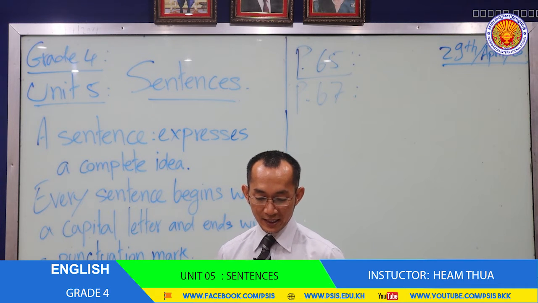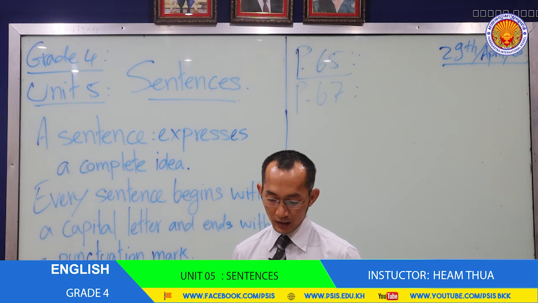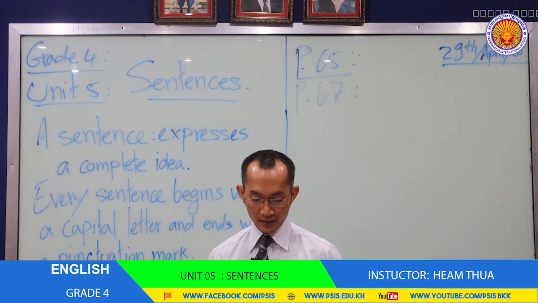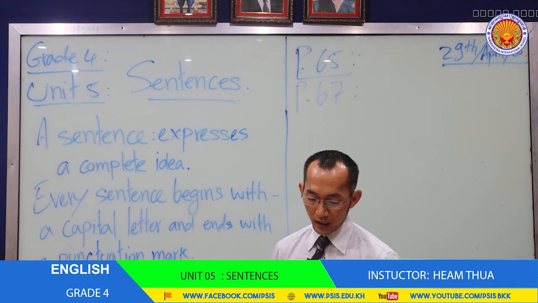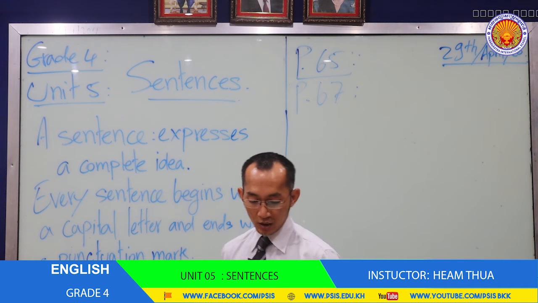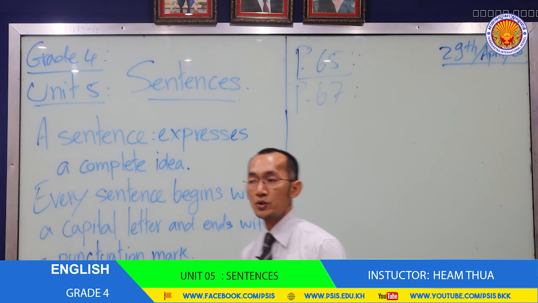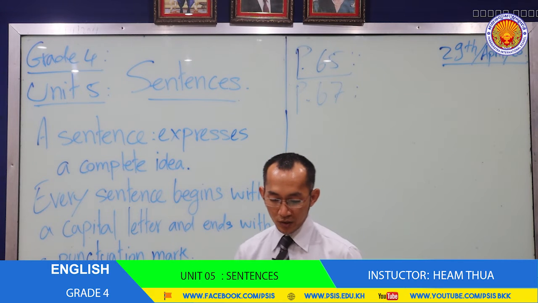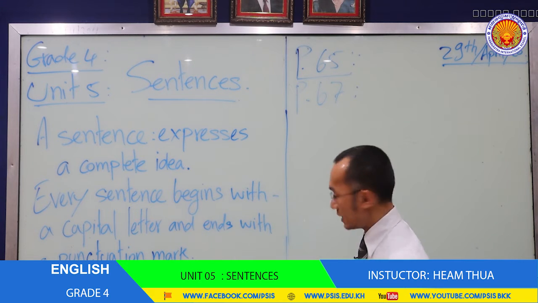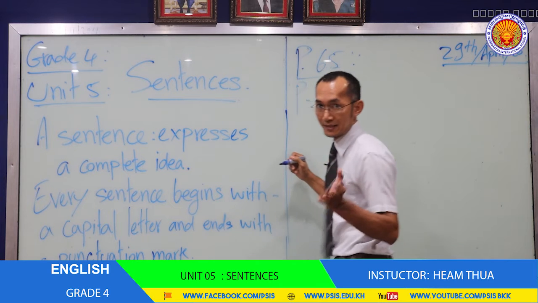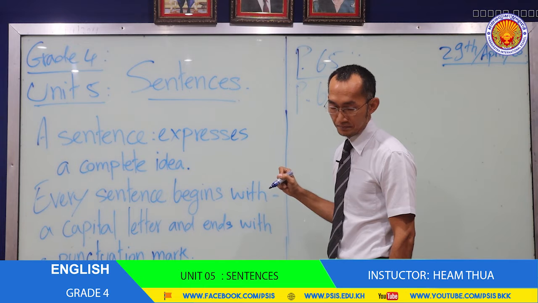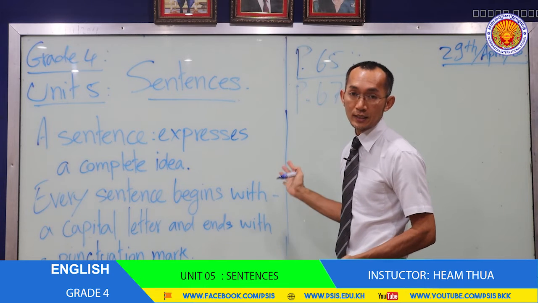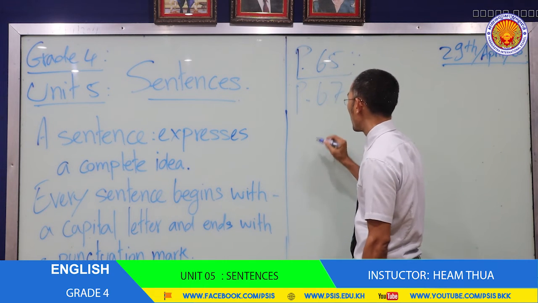Declarative sentence tells something. It ends with a period. An interrogative sentence asks something. It ends with a question mark. So the only two that you need to understand is about one, a positive sentence, declarative, okay? And second is about questions. I mean like a question sentence, okay? So now let me give example number 1.